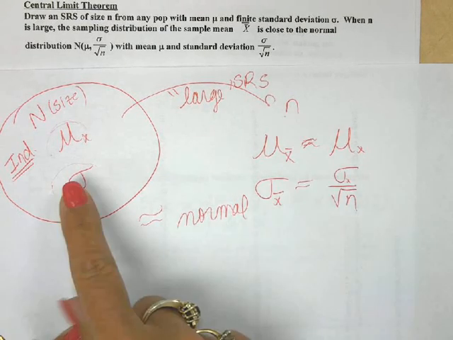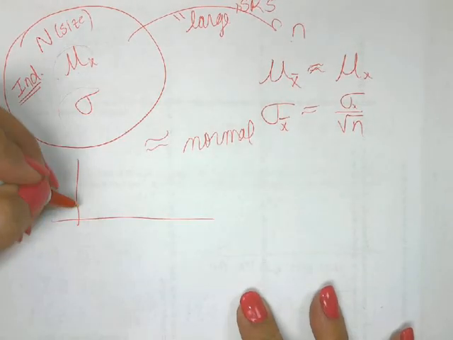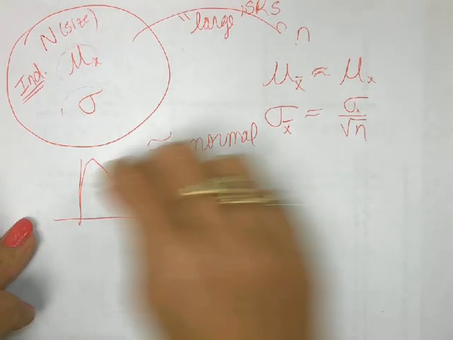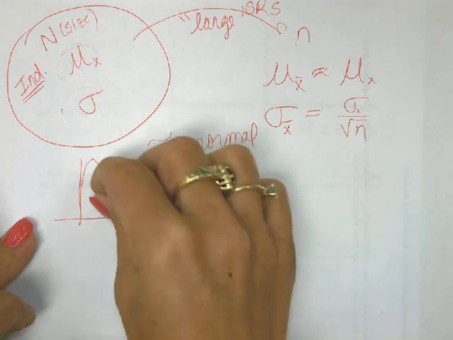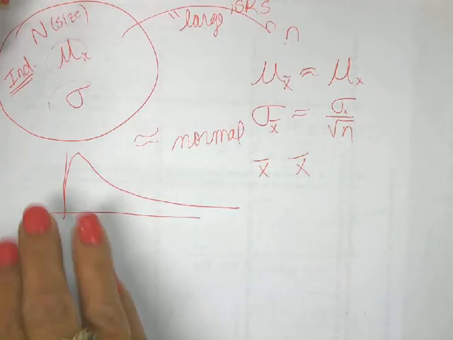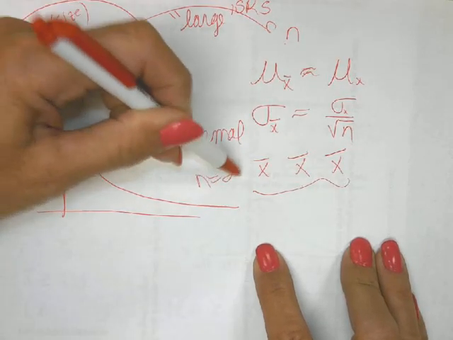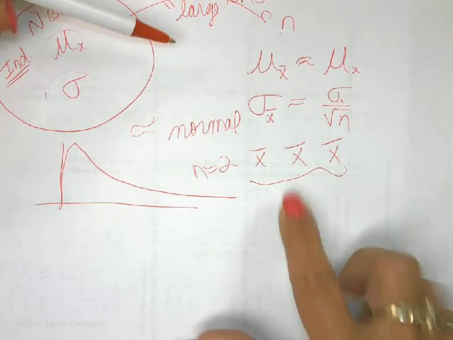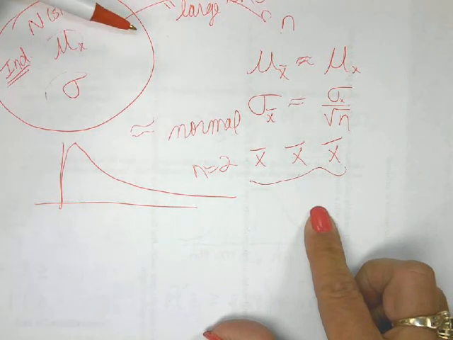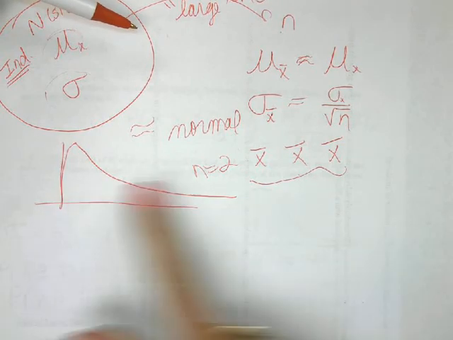Now, if I have a very non-normal distribution to begin with, say I have something that is really, really skewed off to the right, and if I sample small samples and I get a couple numbers, say I get 2 numbers from here and I find an x bar, and I take 2 numbers from here and I find another x bar. If I take 2 numbers from here and I find another x bar, if I graph these and the sample size is only 2 and the original distribution was skewed, I don't expect these numbers to form a normal distribution because I don't have a very big sample size. This distribution would still be skewed to the right. Now, it wouldn't be as skewed as this one, but it would still have a distribution that would be skewed